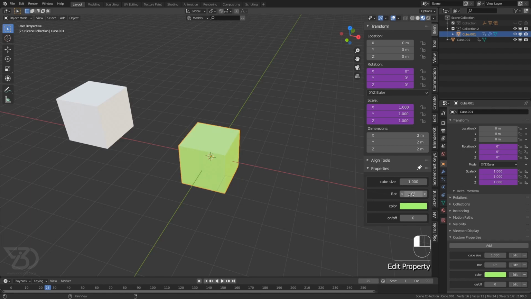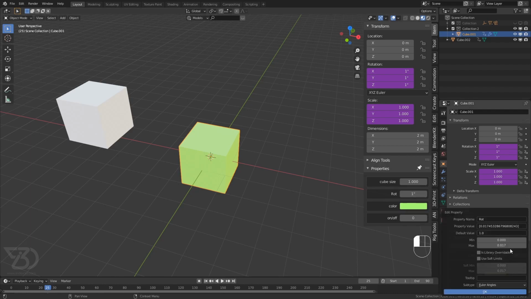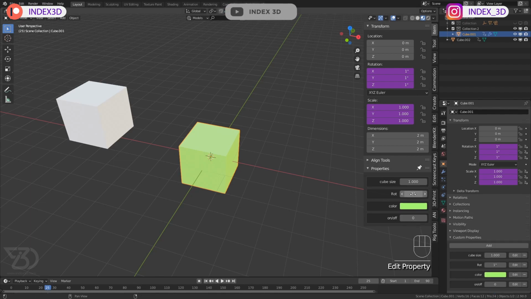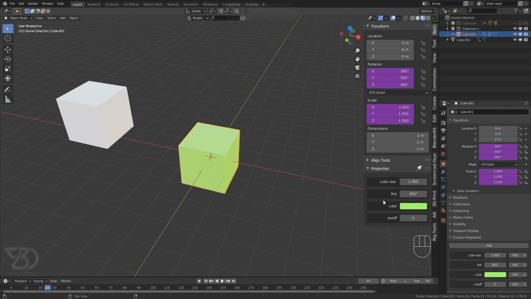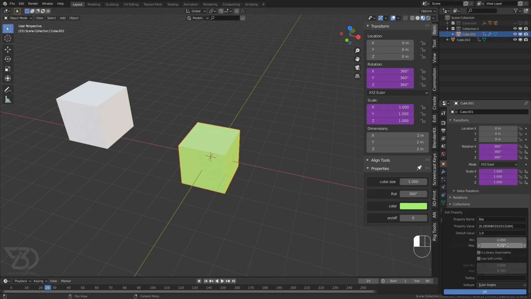So now we cannot go more than 1. So now we can easily define how much we want. So if we want a maximum rotation of 360 degrees, then just multiply this by 360. See, now we can go maximum 360. Okay, and if we want 90 or 70 or 60 whatever, then just multiply that with 0.017. I think this is what it was before.